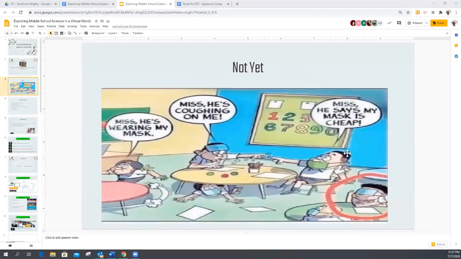Some of you may have seen this, but the good news is we don't have to worry about this just yet. For those of you that know me, my background is middle school, and I've had a really hard time wrapping my head around some of the CDC recommendations and other agencies' recommendations. I just thought this was kind of exactly what we would think would potentially be happening, and probably even some stuff that's worse than this, with kids having to mask up and social distance and all of that. So the good news is at this point, we don't have to deal with that.